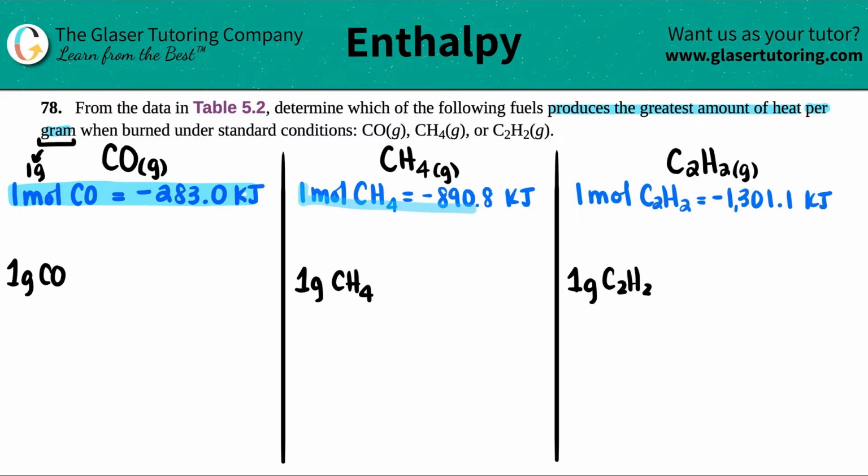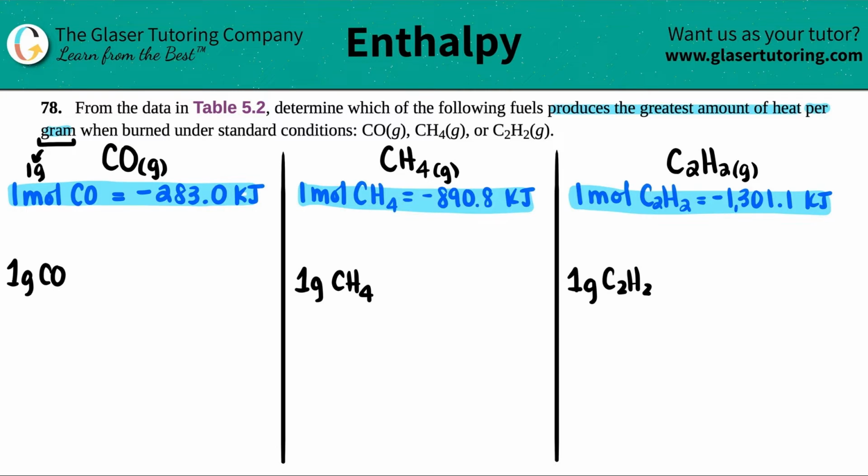For every 1 mole of methane, I will produce 890.8 kilojoules. And for every 1 mole of C2H2, I will produce 1,301.1 kilojoules. So we're going to use this information to solve for how much heat, in kilojoules, 1 gram will